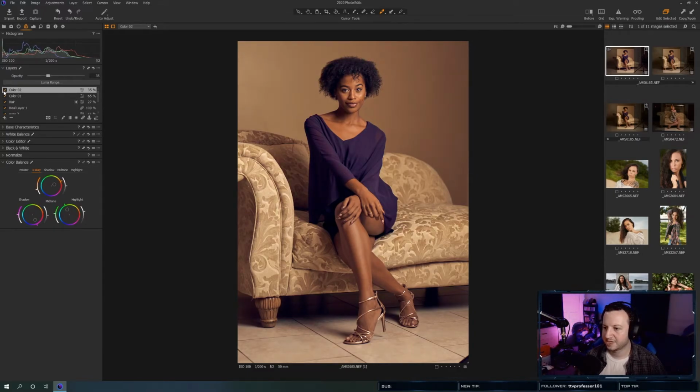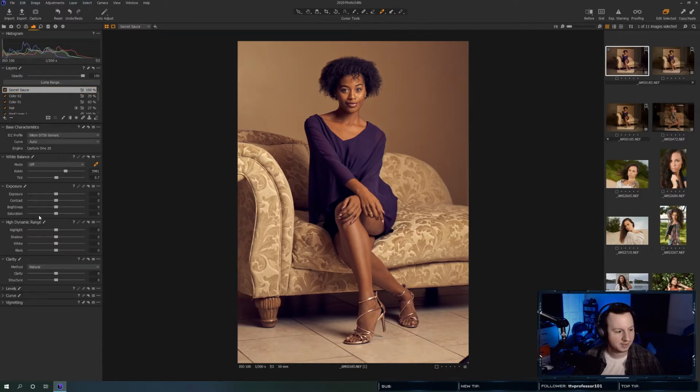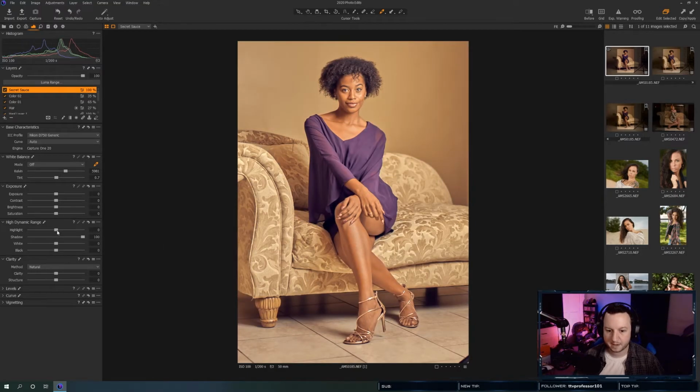Alright, so we have that, which adds a nice little pop to this. I'm not hating this, guys. I am not hating this at all. And then let's do something called general adjustments. No, actually, let's call this secret sauce and see if this works. This was something I saw someone else do, and I want to see how well it works. So let's fill the mask, and then we take our shadows all the way up, our highlights all the way down.